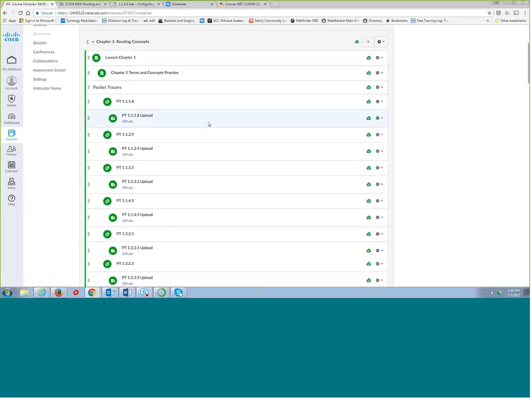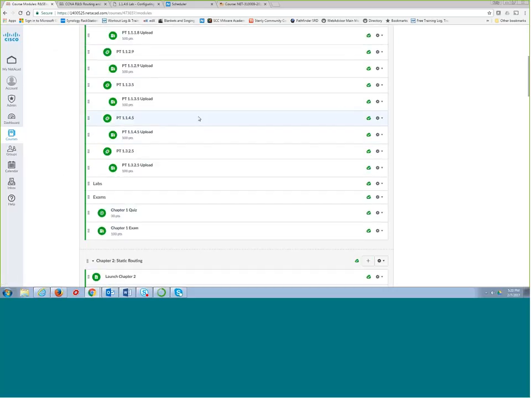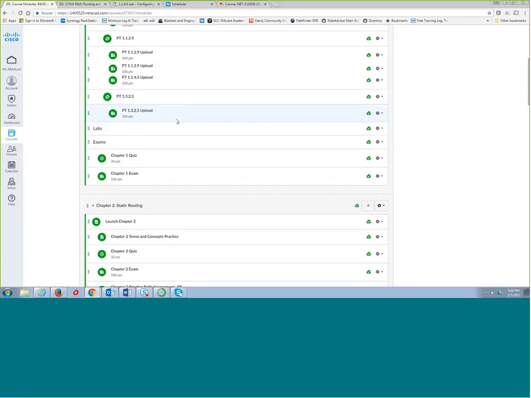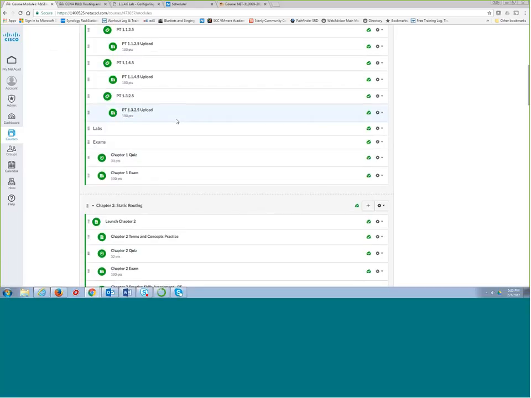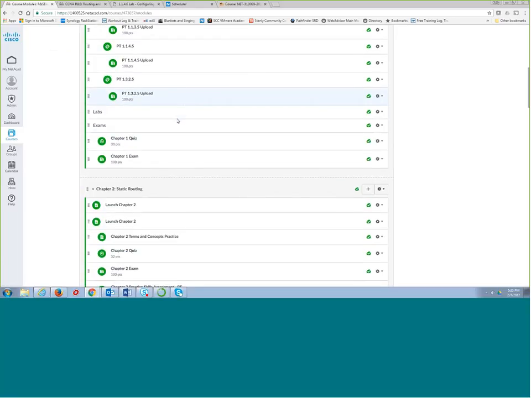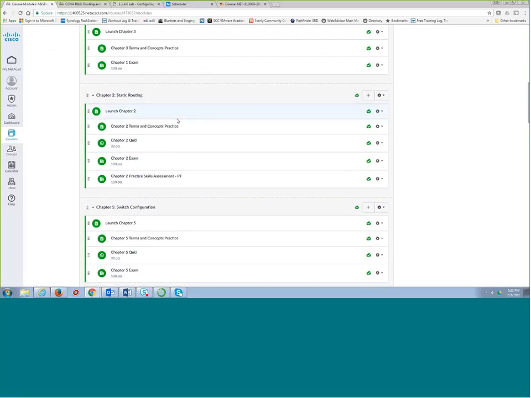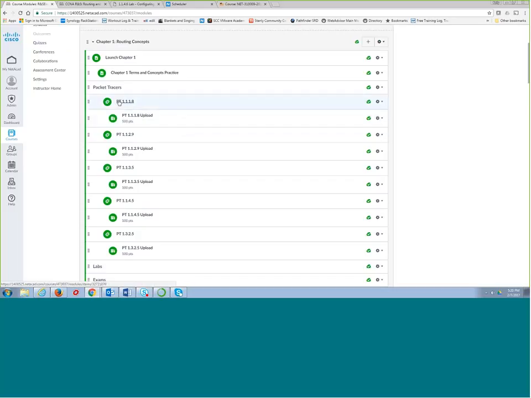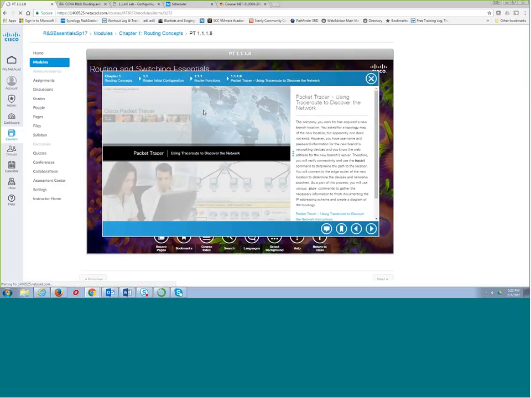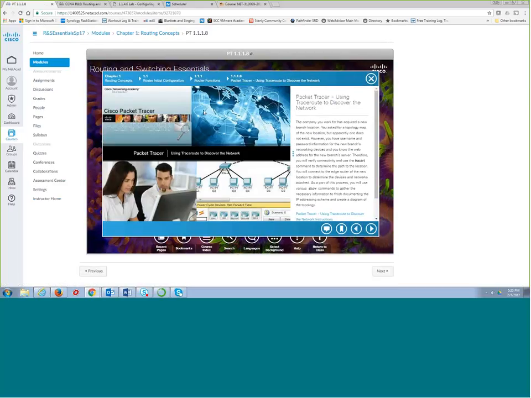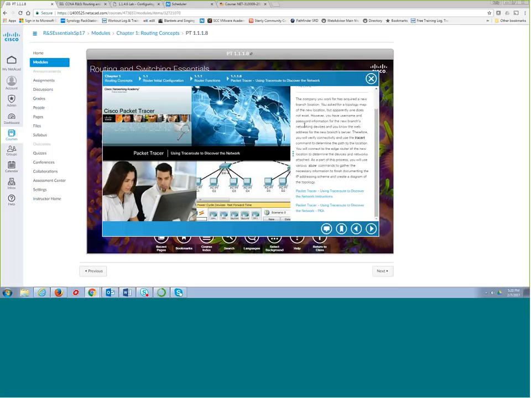I've had a situation where the Word documents that I put in have been updated, and then they update the PDFs in the curriculum, but not the Word documents. So I don't know. I'm playing with it. I was trying to come up with some ideas. I do like the ability for students just to click on it and go straight to Packet Tracer, and then they can scroll down and grab it. That works good too. But I may play with some ideas, especially once we get to routing, switching, version 6